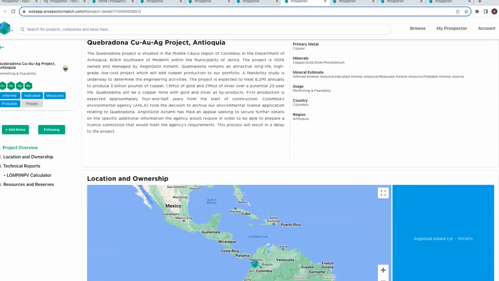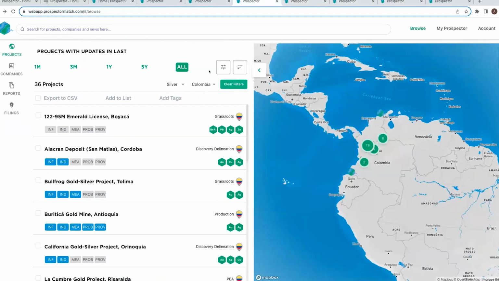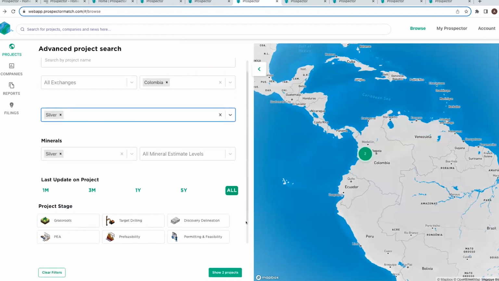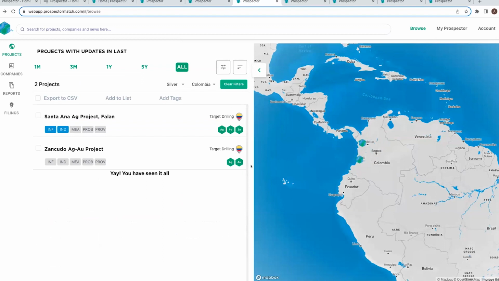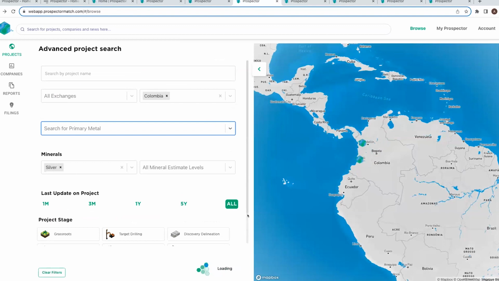So another main mineral is silver. Something interesting with silver is that if we filter out silver on a primary metal basis, we can find that there are only two projects. You can do it like this: click on primary mineral, type silver, and you can find that there are two projects, Santana and Zancudo, because most of the silver production is produced as a byproduct. Then we just unclick that so we can see the full spectrum of projects that produce silver in